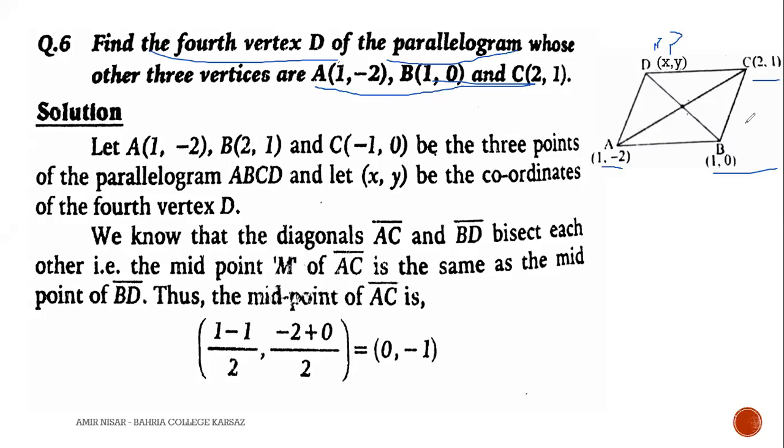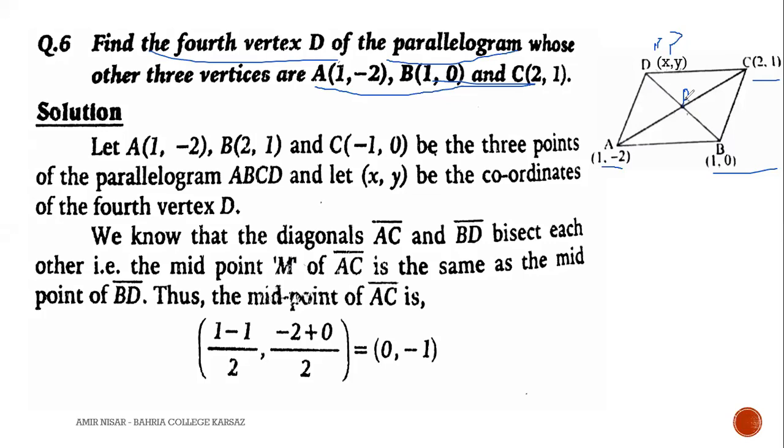Why are we doing this? So listen, a mathematical statement, a mathematical formula. These are the diagonals. AC is one diagonal, BD is another diagonal, and we must know that the diagonals of a parallelogram bisect each other. You are familiar with the diagonal, but not with the meaning of bisect, because this term is coming for the first time here. So I am going to explain.